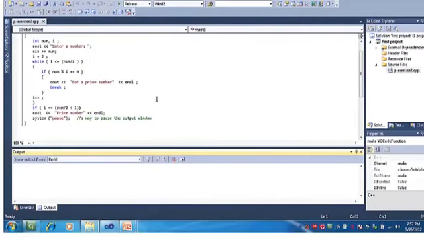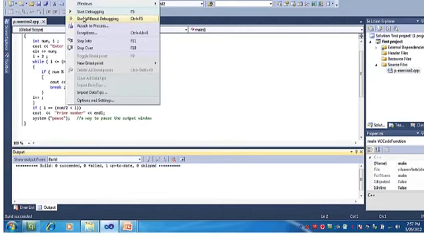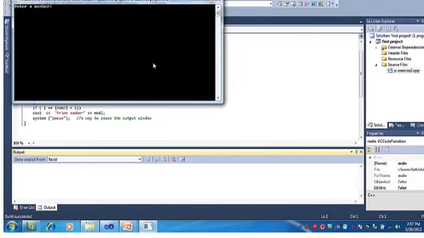Let us rebuild it again. We have made the following corrections. Num minus 1 की जगह we have made num by 2 plus 1, because n by 2, when we divide it for a prime number or an odd number, then it is less than 1. The fractional part is deleted, so you need to add 1 here. So I hope that it should work now, and we build, okay, debug, run, okay,